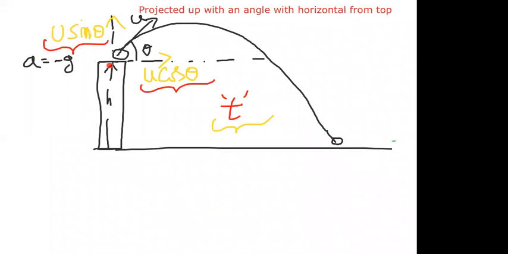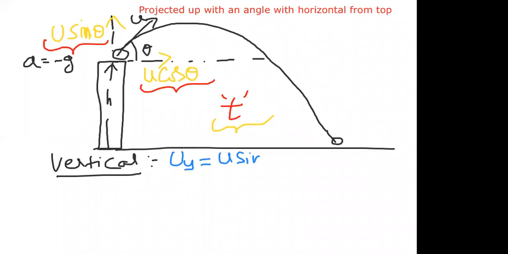What is the initial vertical velocity? We are discussing in which direction? Vertical, because it is a two dimensional motion, so the vertical direction I am discussing separately here. In the vertical direction, what is the initial velocity? uy is u sin theta. Body projected up, a equal to minus g, time is equal to t.